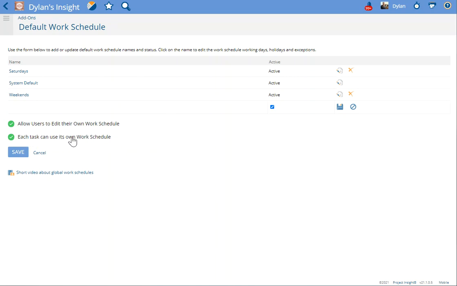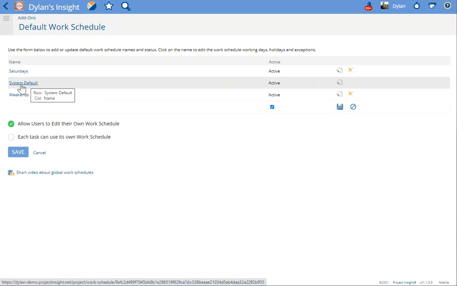Lastly, and this one is not encouraged to be used for general use, but some teams may have use for it, and that is to allow choosing a work schedule on a task by task basis. Now we're going to leave that unchecked because that is usually not the case. But first, we're going to hit the hyperlink to change or configure any